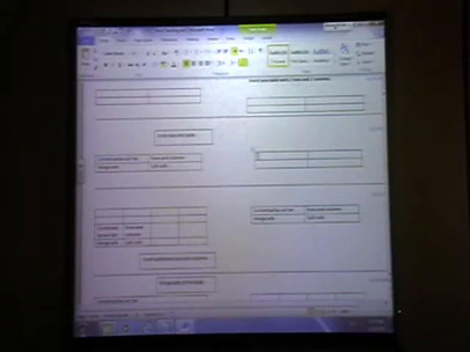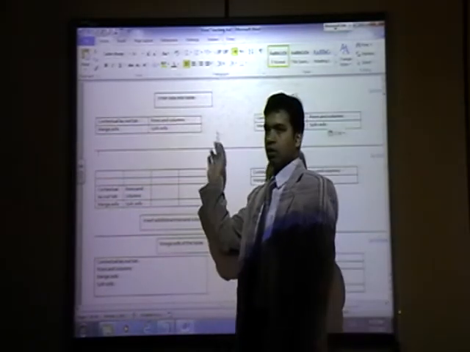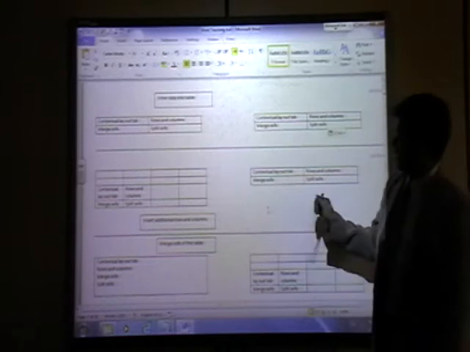So you can copy this data, paste. See, it is same. Is it same now?